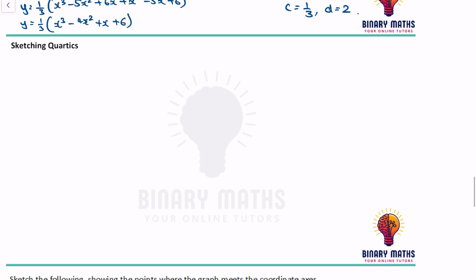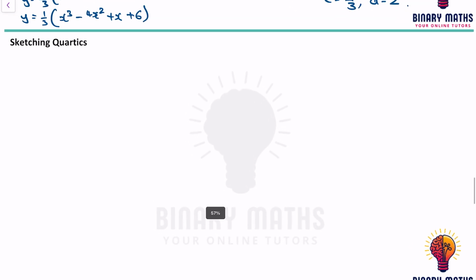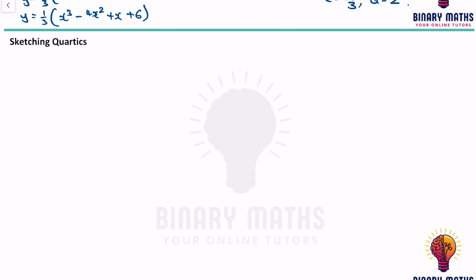Okay, the next skill that you need to know is how to sketch quartics. Quartics are of the form y is equal to ax to the power of 4 plus bx cubed plus cx squared plus dx plus e. So you've got one more term than the last one, which is the cubic. And a is not allowed to be 0, or else it will just be a cubic. Now again, there are two cases. When a is greater than 0,